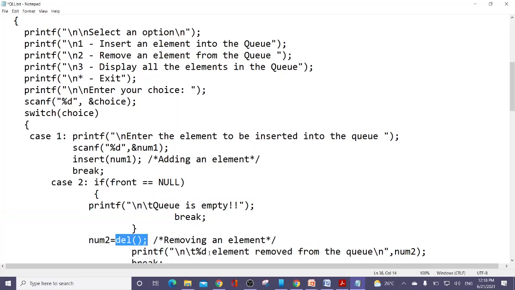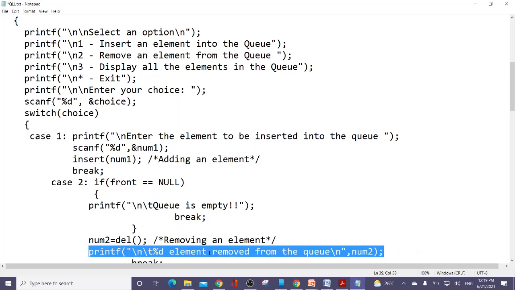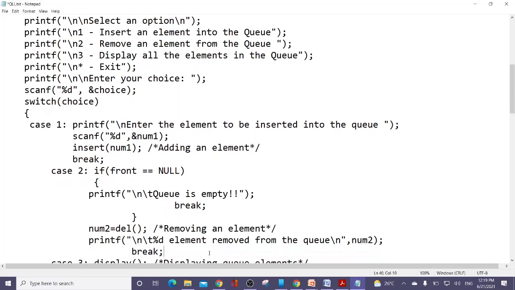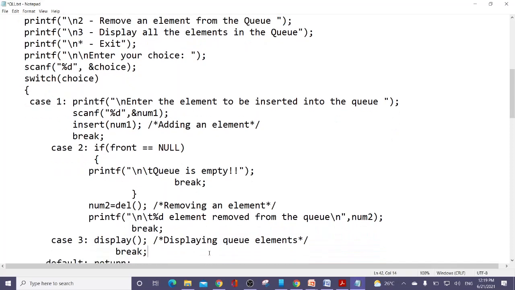Del is the function that removes that particular element from the queue. This function returns the deleted value, and it is stored in num2. The same num2 is displayed to the user, %d, that is num2 element removed from the queue, and you can break it. If the user enters 3, then the display function.